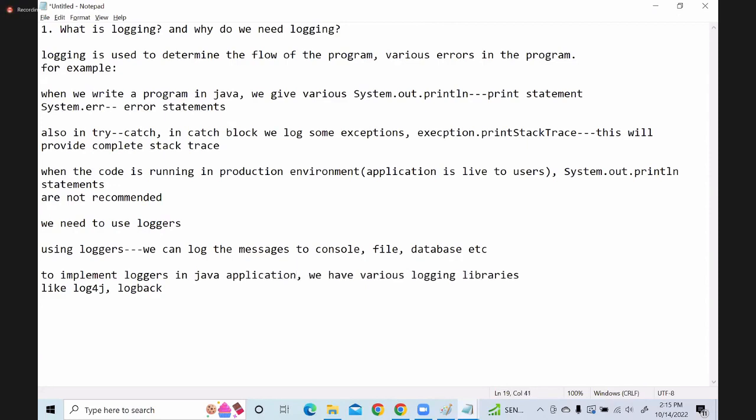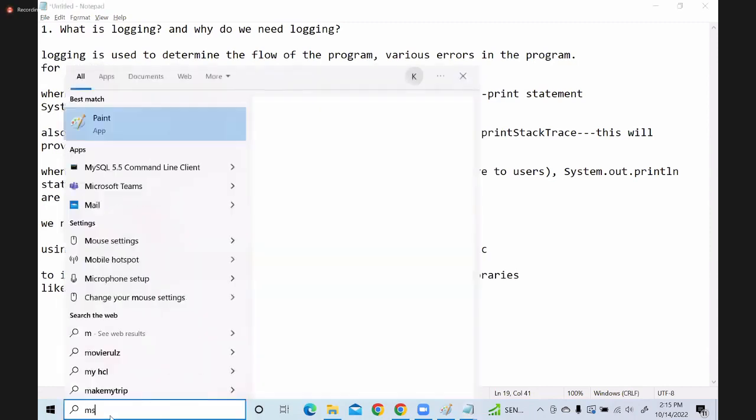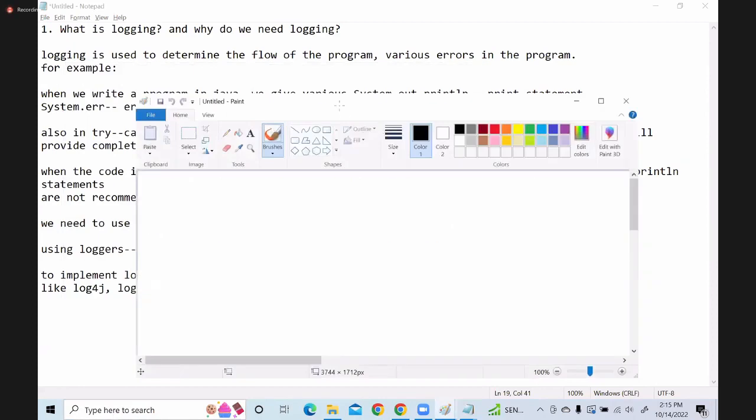I'll tell you what are all these libraries. So we have simple logger,